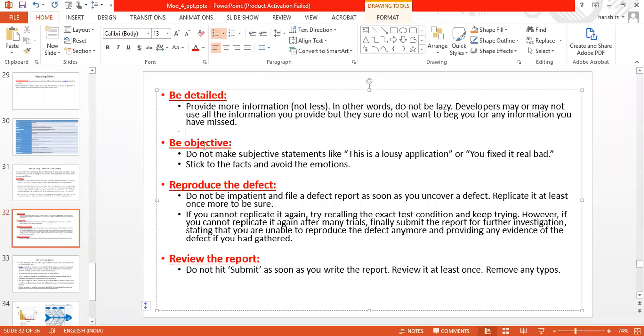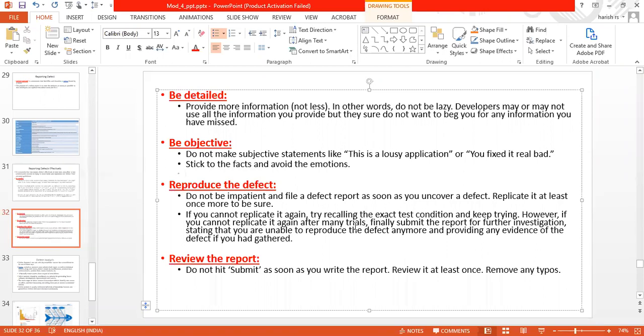Be objective. Avoid emotions. There should not be any emotions in it. Reproducible: whatever you tell in the report as the defect, when the tester is testing the product, say he has found an error called XYZ. And that XYZ is reported to the development team.